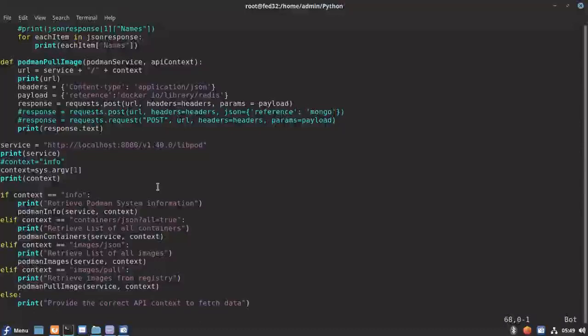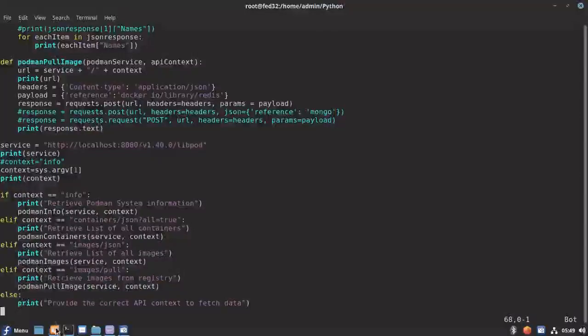I have tried to prepare only these requests to show you how we can fetch the information from the API using the get and post API URLs. So you can try to explore more on this one.